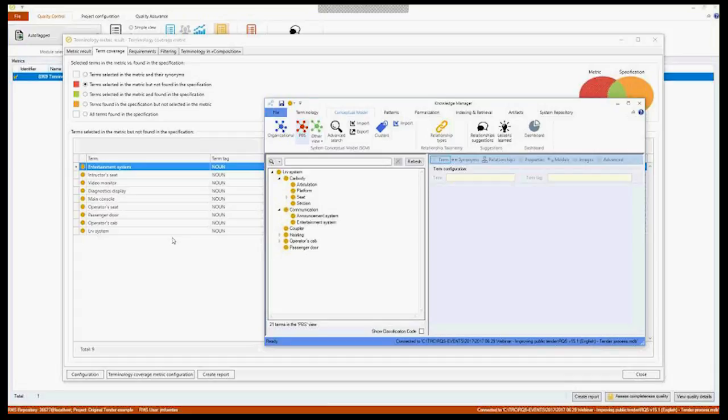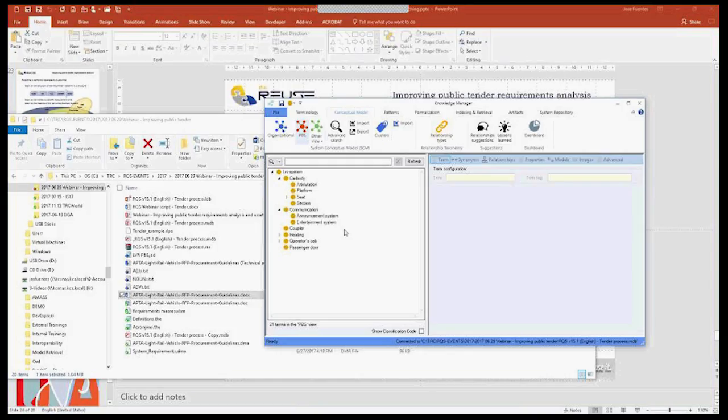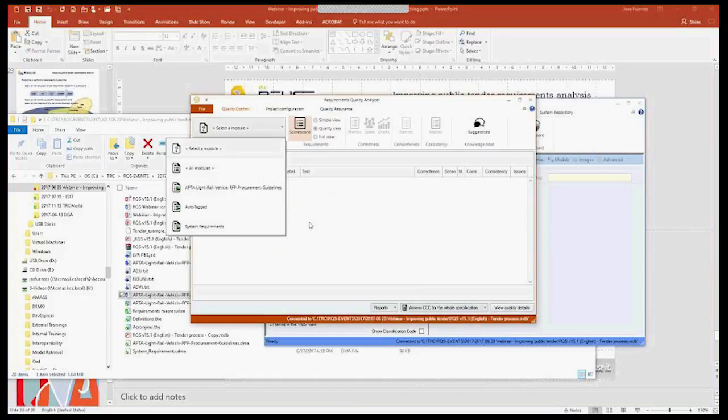And then I am running out of time, so the final block that I wanted to show you is the link between the requirements coming from the buyer and the requirements that we already have for our system. This overlapping task is taking too long for our semantic indexing process. So I am now connecting to a second DOORS project where this activity has already been performed earlier, so that you don't have to wait probably 5 minutes or even more just to analyze the overlapping between these over 1,000 requirements. So now, if you just connect to your project,